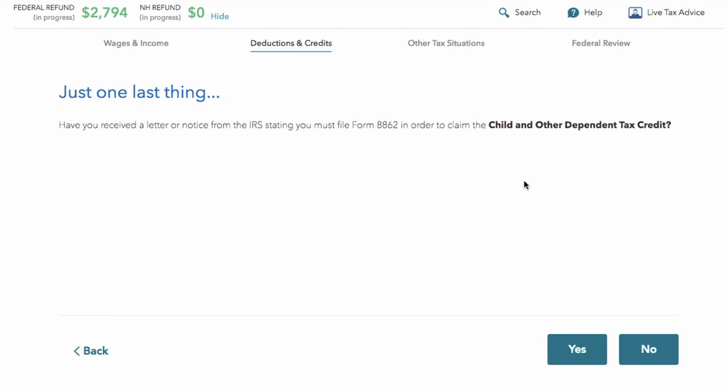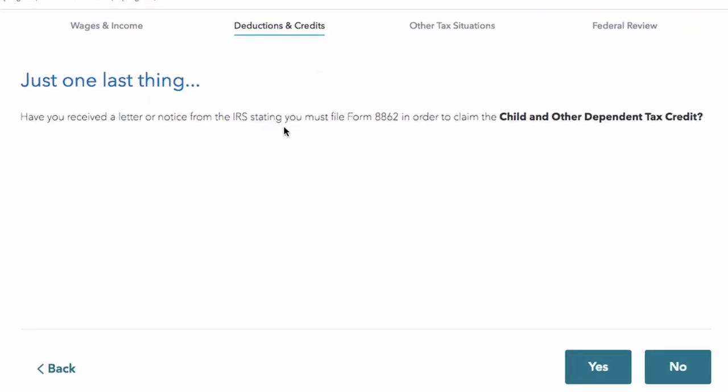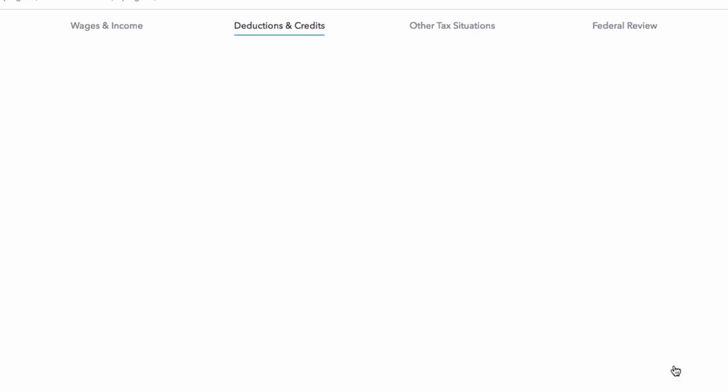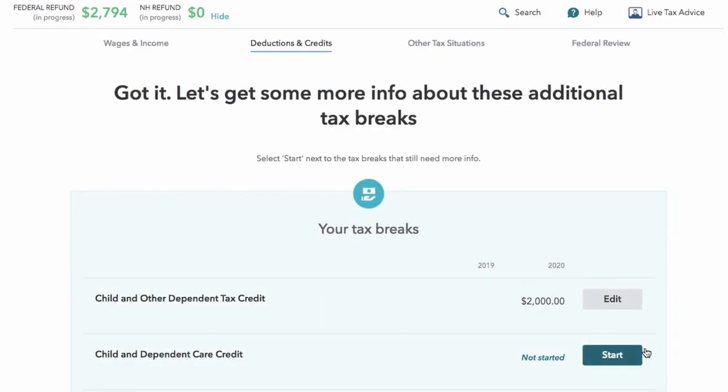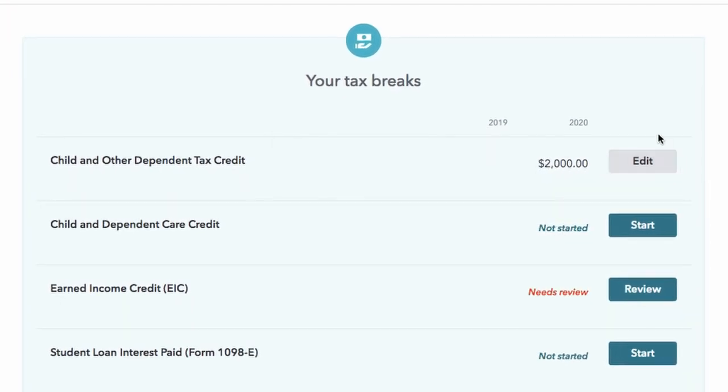That qualifies as a dependent. Now, just one last thing, have you received a letter or notice from the IRS stating that you must file Form 8862 in order to claim the credit? Let's say no. If you had received that letter, you want to be sure to say yes. And so now when we get back to this screen, we can see the amount of our credit,